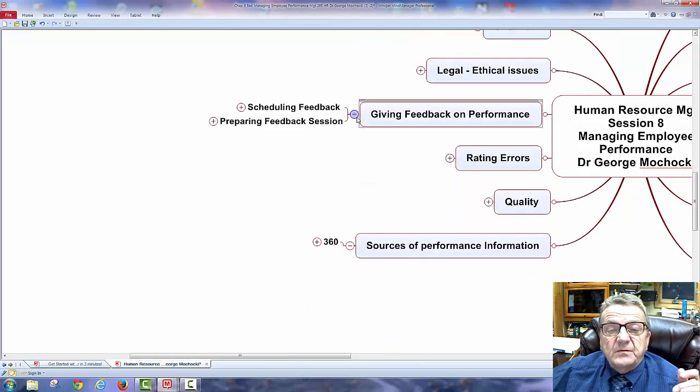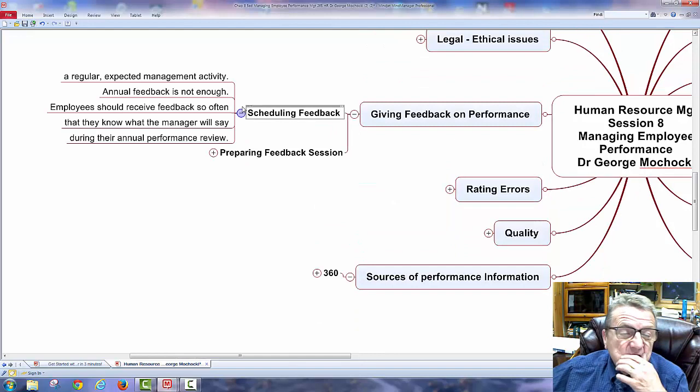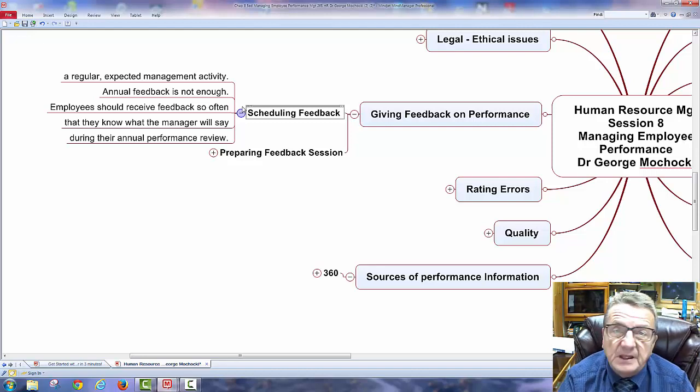Giving feedback on performance, scheduling feedback. You should always have some kind of schedule, every month, every 6 months. Even though a lot of companies have annual and semi-annual feedback, what I tell the employees who work for me is that semi-annual feedback is when we formally sit down. You could come to me anytime and ask me for my feedback, see how am I doing. I could say, you're doing okay, but you could adjust here, a little weak here, that could affect you at the end. That is no problem, but that allows you to come in.